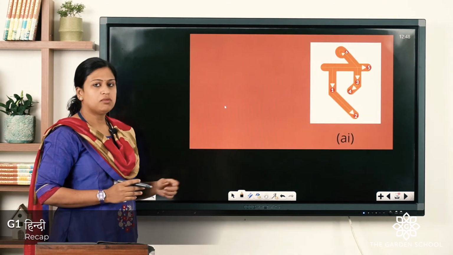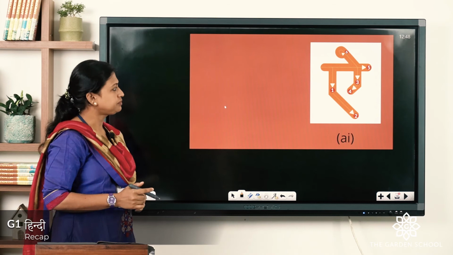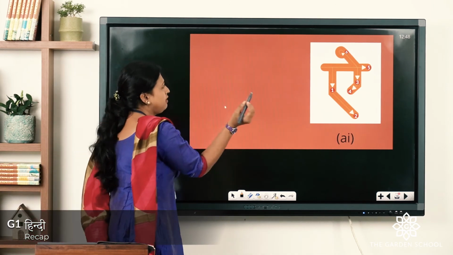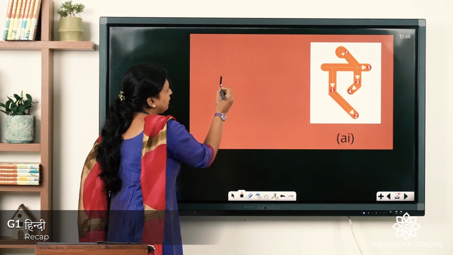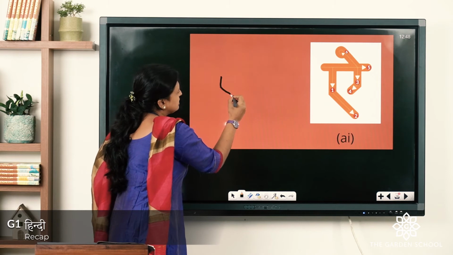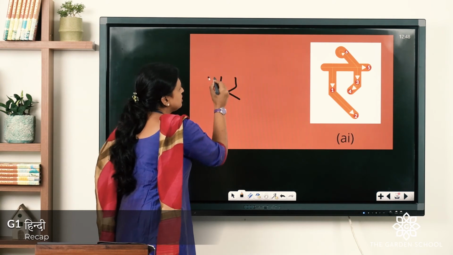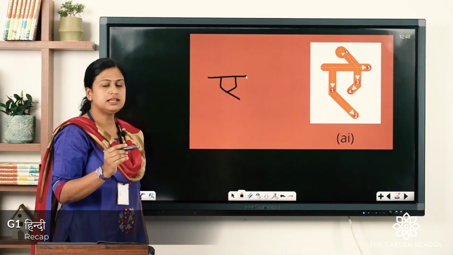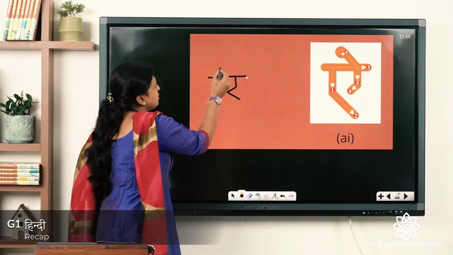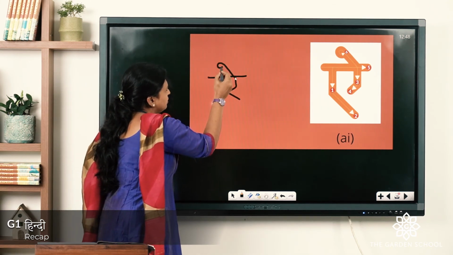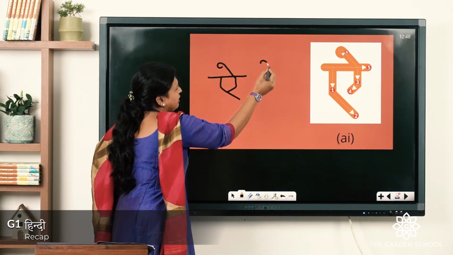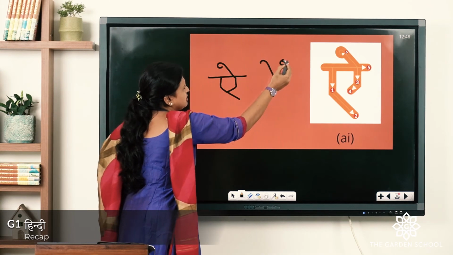Now, the next vowel is I. Let us see how to write it the same way. Short line, a slanting line, then a short standing line and a slanting line touching here, a sleeping line. The only difference is a string type structure here on the top. You can write it like this, or you can make this hook type.